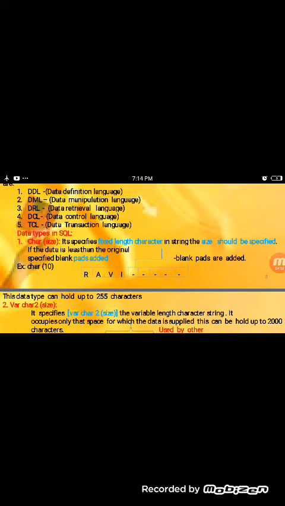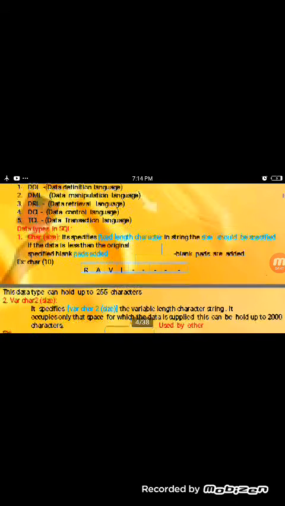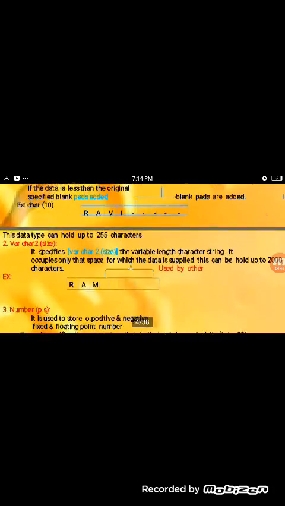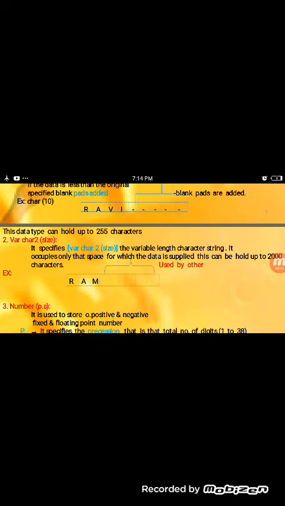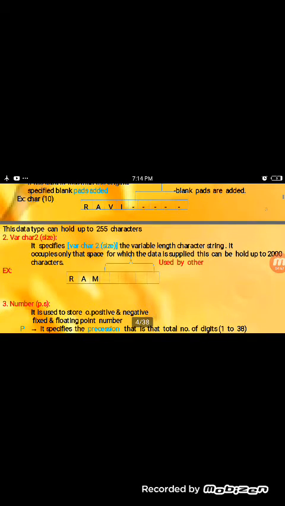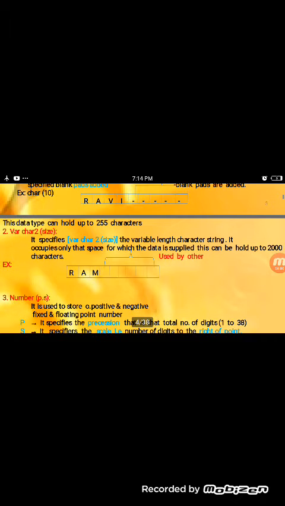For example, CHAR of size 10: 10 characters are allocated, some name will be filled in, and then the remaining blank pads are added.